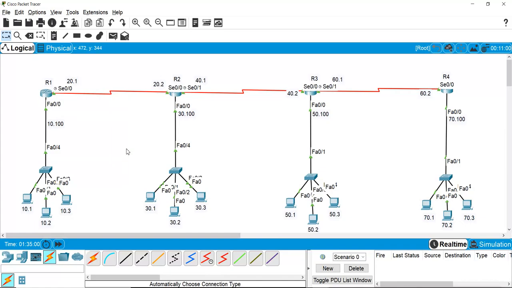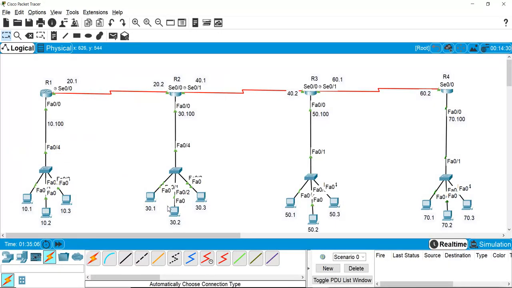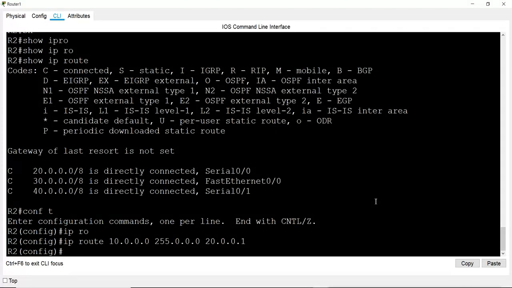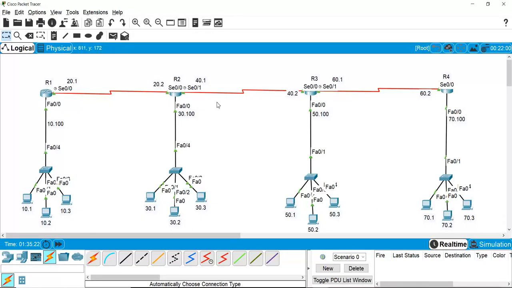20, 30 and 40 it knows. Next, what it does not know is the 50 network, so I will add that. Now what will be the first hop address for 50? You are sitting on router 2, the 50 network is here, and you want to go to it, so you will go from this side.